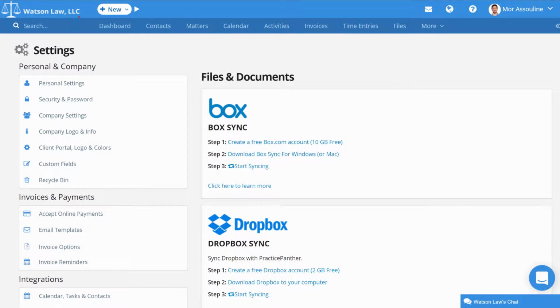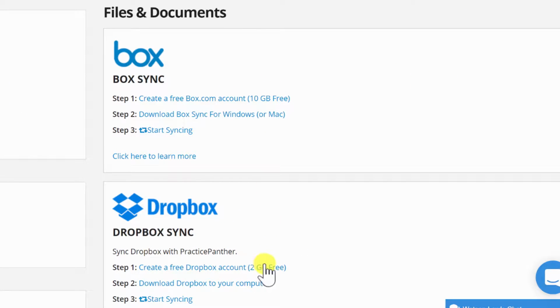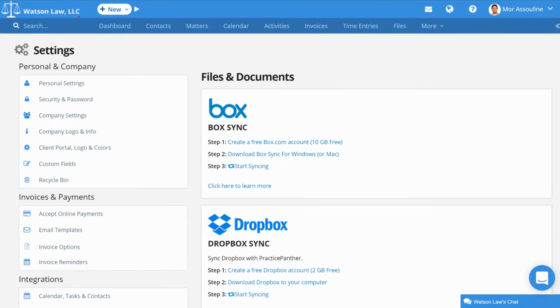Now, we do highly recommend using Box.com instead of Dropbox for a number of reasons. They have a lot of packages to make it HIPAA compliant if you need the extra security. They give you 10 gigabytes of free space instead of Dropbox's 2 gigabytes of free space. But more importantly, they give you a lot more features and options with their integration and API that's built into